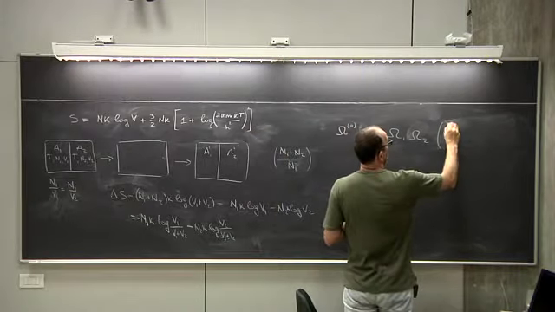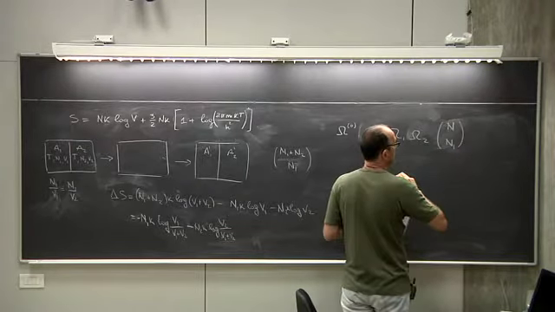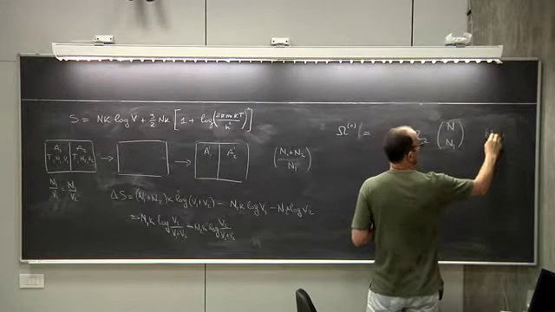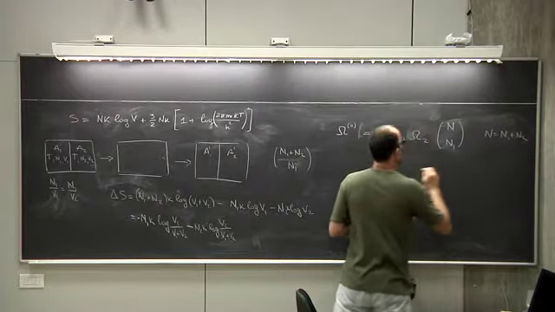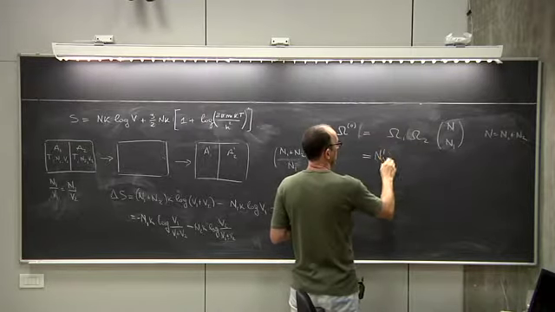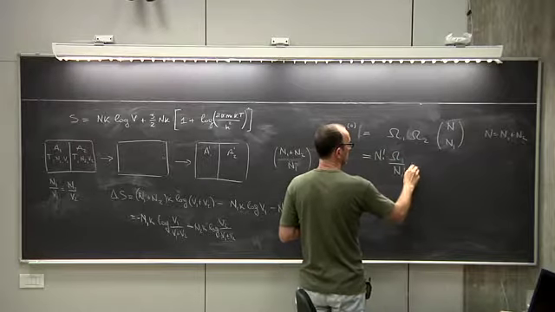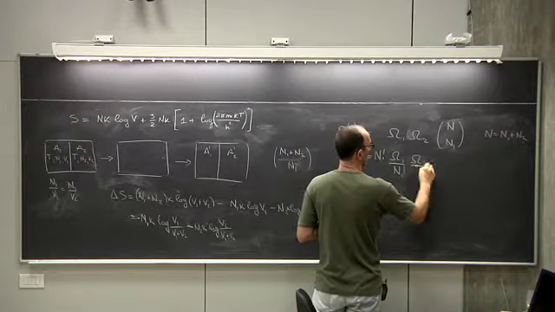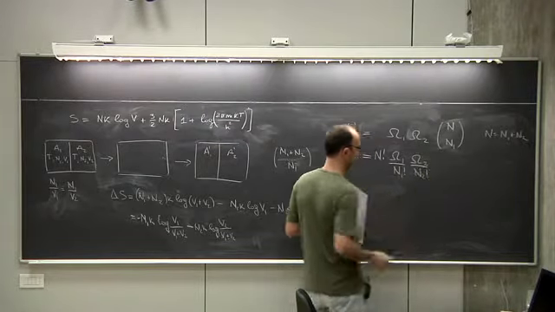You should multiply by n divided by n1, where n is equal to n1 plus n2. Now, if you rewrite this, this is n factorial times omega 1 divided by n1 factorial times omega 2 divided by n2 factorial, right?